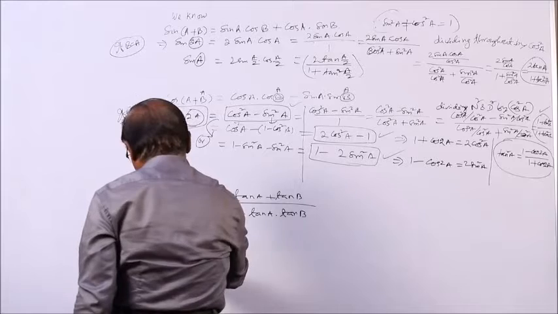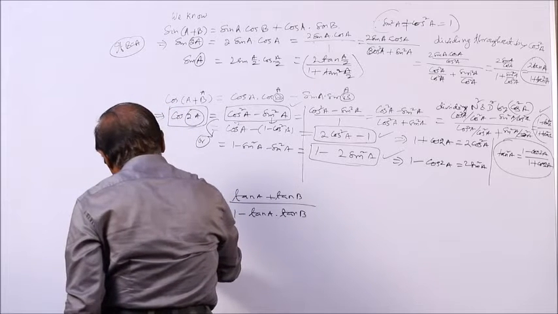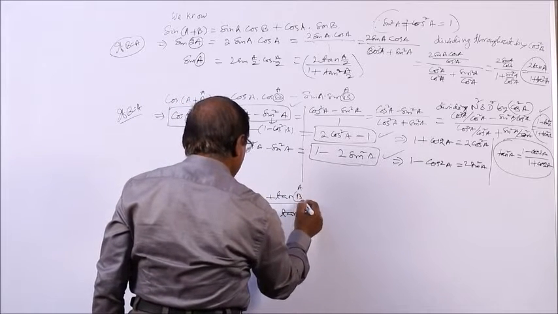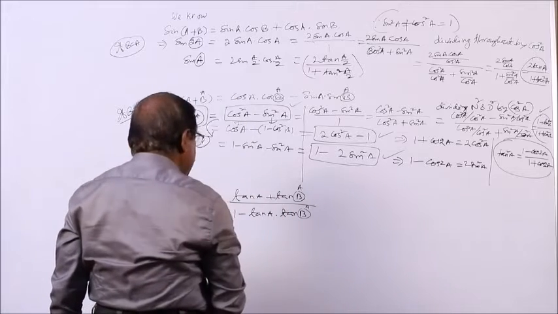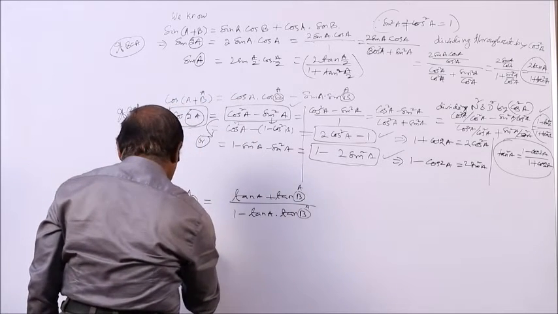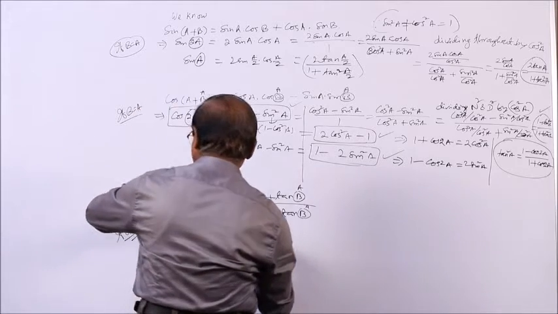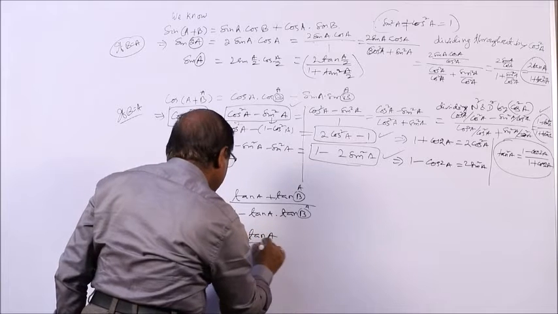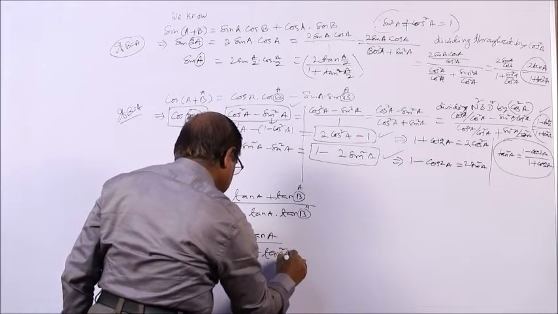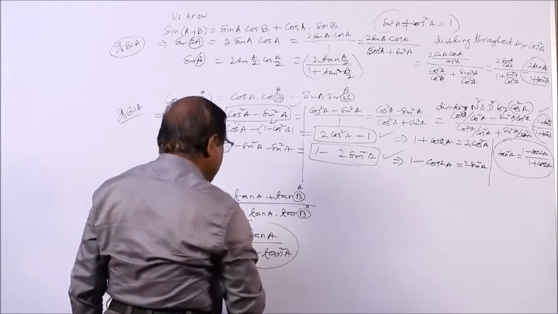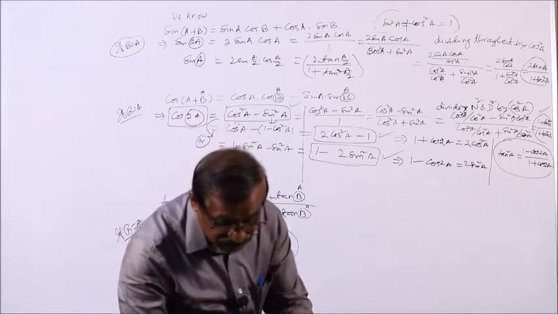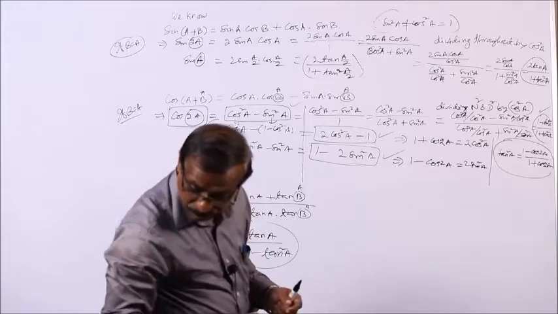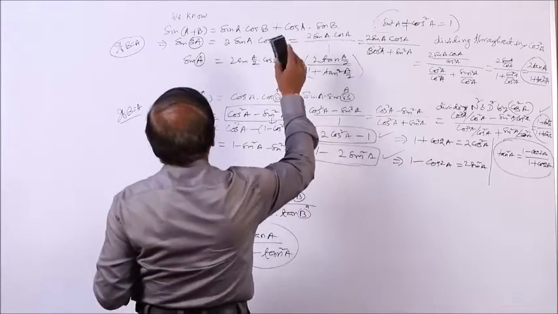Now come to this. If B is equal to A, what happens here? B is equal to A here. So this becomes tan 2A, you understand, tan A plus tan A, that is 2 tan A by 1 minus tan square A. This is the tan formula, right? As per syllabus, we will now derive the 3A formulas.